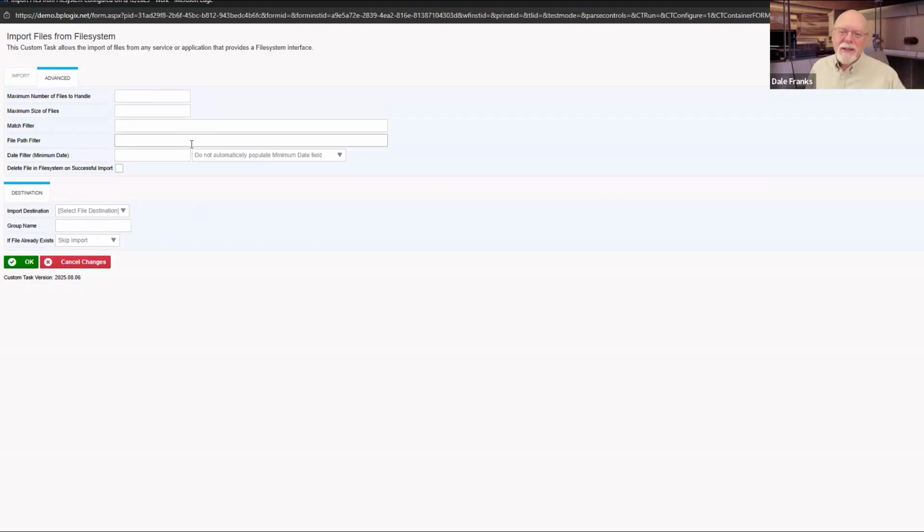Now, there is some magic, some jiggery pokery that goes on with this file path filter as well, because according to the JIRA ticket for the resolution of this particular story, it does accept regex expressions so that you can set up whatever regex expression you want to be able to pull from a single set of file paths or matching file paths.